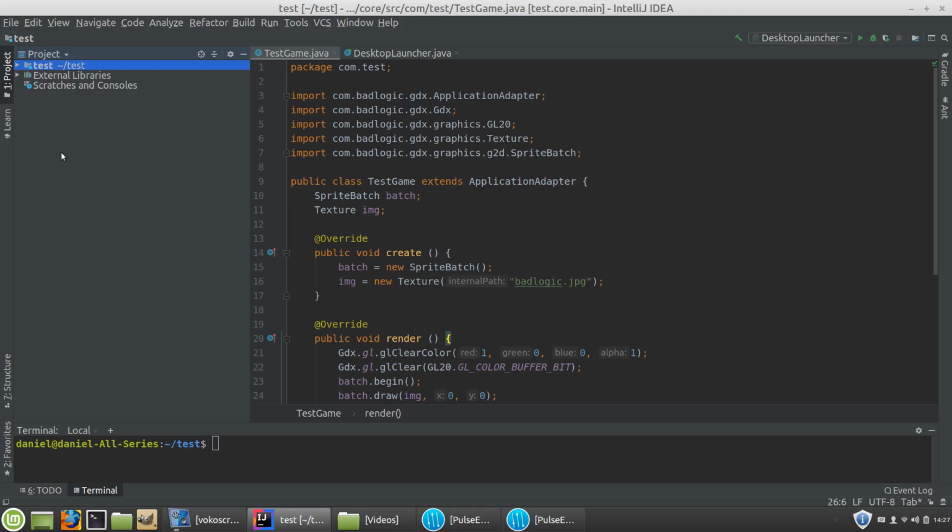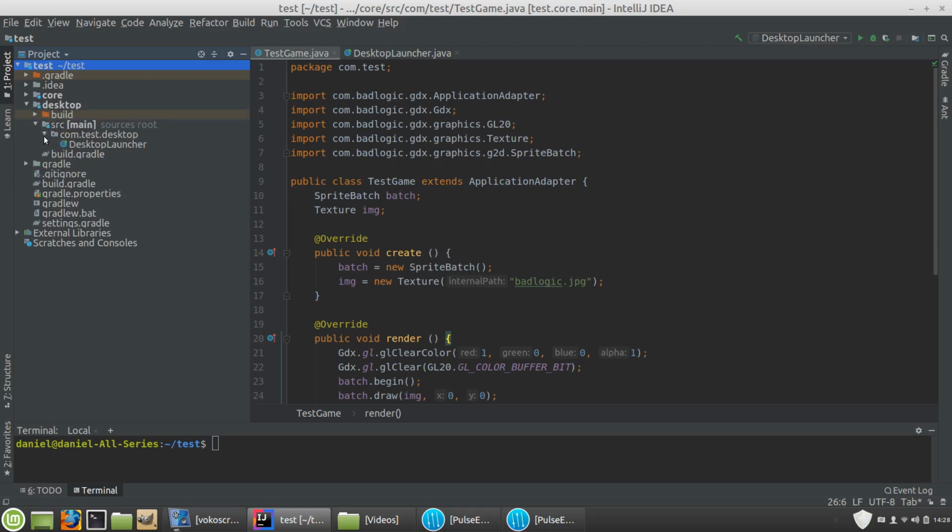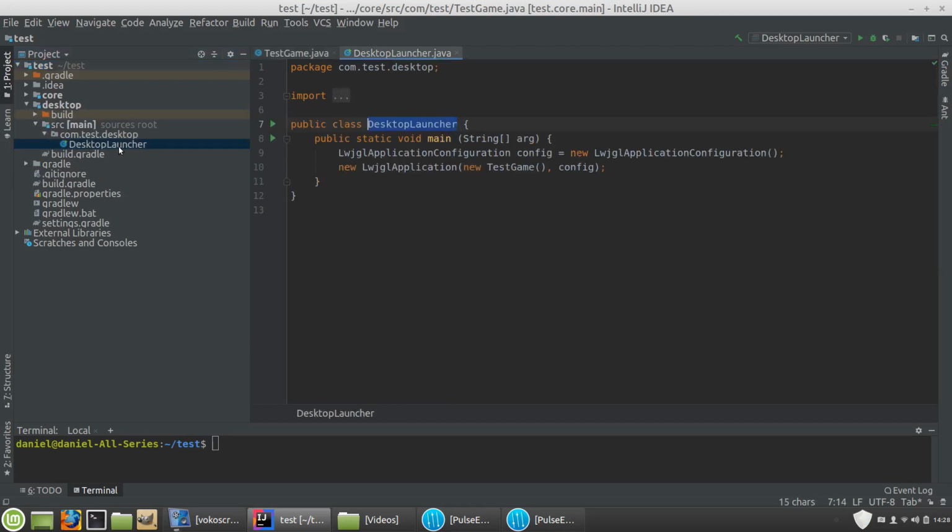Let's take a look at the project directory. Inside of IntelliJ, the project directory, or the folders that we imported and were created, are on the left-hand side. So let's first click on Test. Under Test, I'd like you to focus on two folders, Core and Desktop. Let's start off with Desktop. When you click on Desktop, go down to SRC, Source Main, and COM Test Desktop, and you click on Desktop